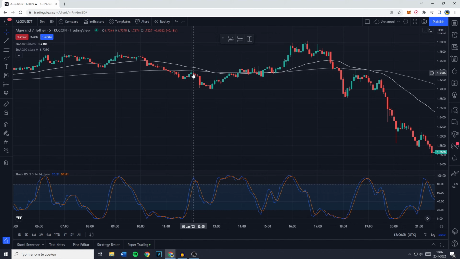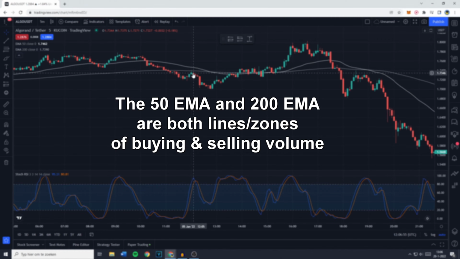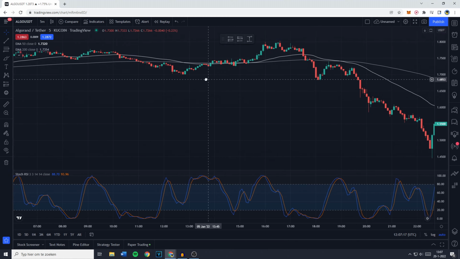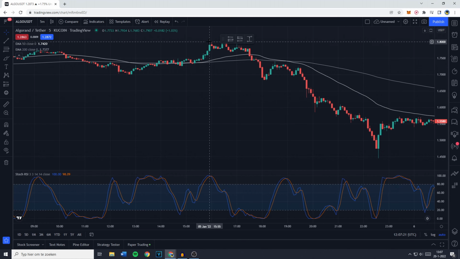And the 50 and 200 EMA both are resistances or supports based on where they are. So it's not likely that the price action will go through the 50 or 200 EMA. And that's why we're only trading when the price will most likely go away from the EMAs. So when you go further on to the right, you'll see that right here the price went up, and right